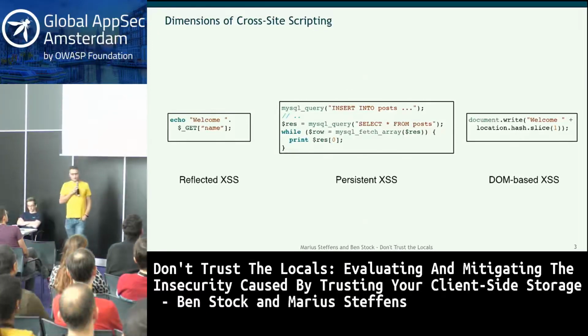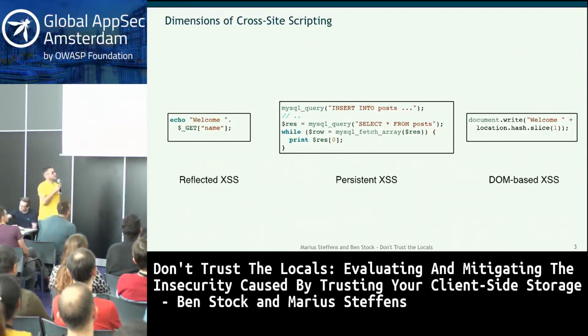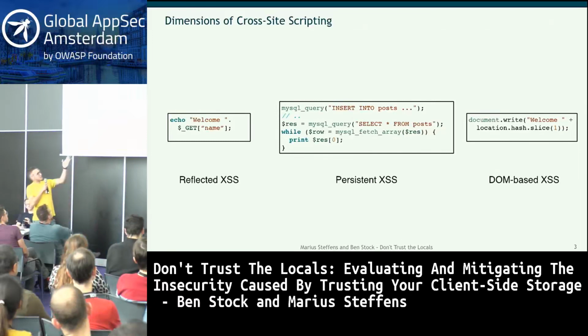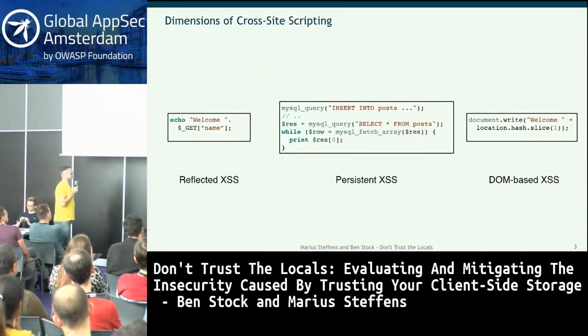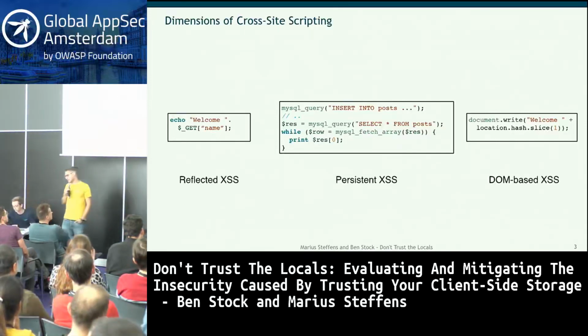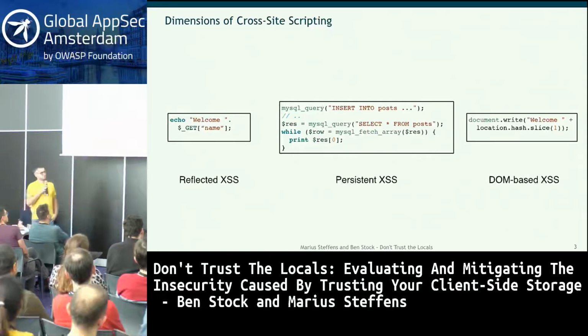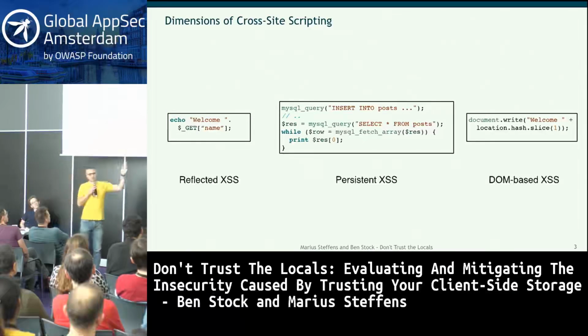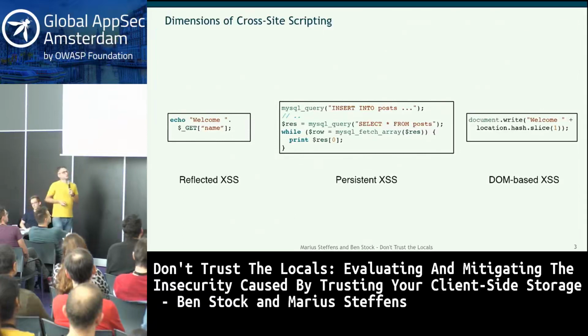And then you have what most people call DOM-based XSS. Essentially this is JavaScript code that is insecure. So here we have document.write(location.hash.slice(1)), assuming that the browser does not automatically escape the hash. Fortunately, most of the browsers do it today, but Edge is still vulnerable in this case. But if you look at the amount of code and the syntax, it looks a lot like the left-hand example, right? So document.write or echo, it's virtually the same, and then you just take some part of the URL and echo this back.